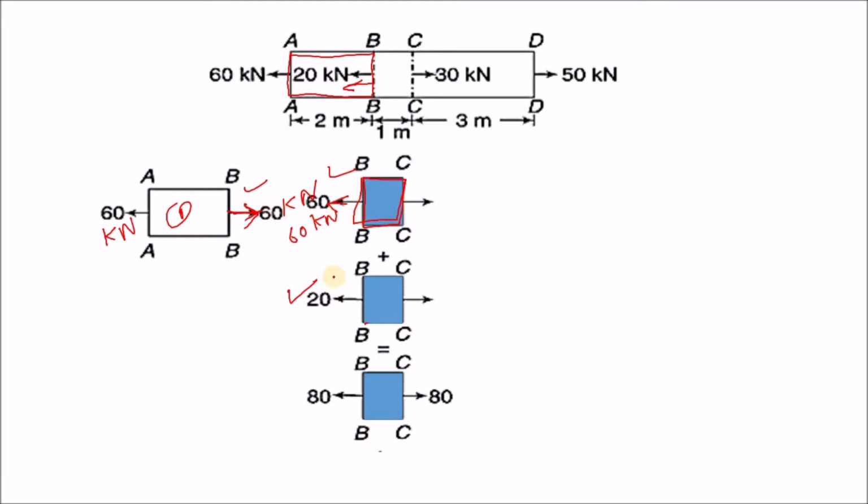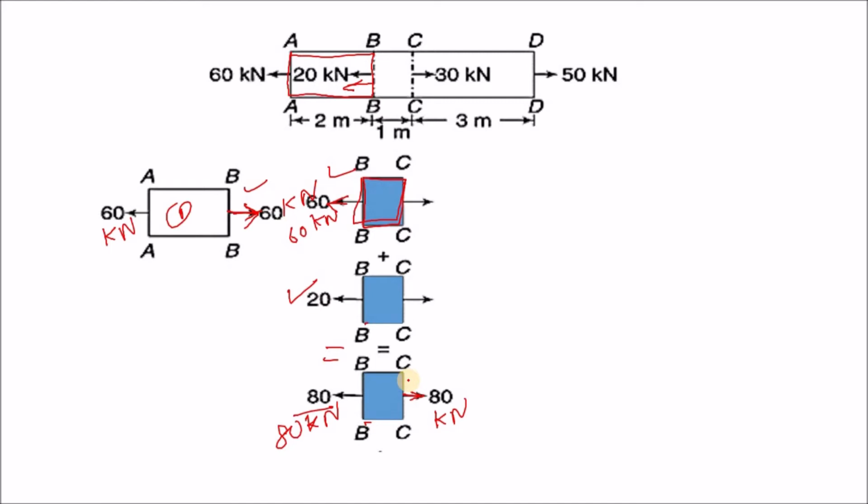Now, whatever force is acting, we already applied. One is for equilibrium, one for the given load. So what will the total load be? 60 on this side, 20 also on this side. So the total load is 80 kN. We got the total force at point B on section BC. Now at point C also, to make equilibrium of this section we should apply 80 kN. Clear? Now our section BC is also in equilibrium.